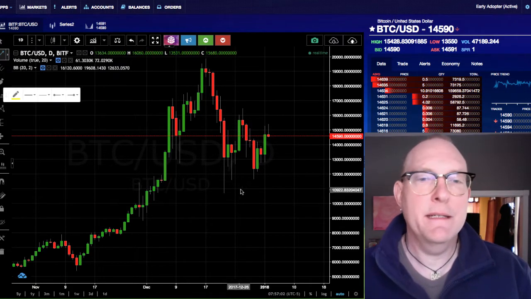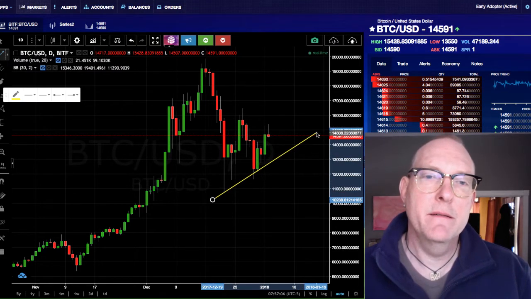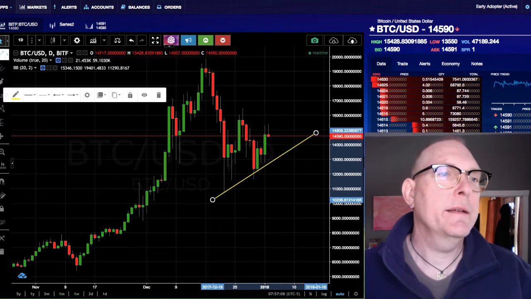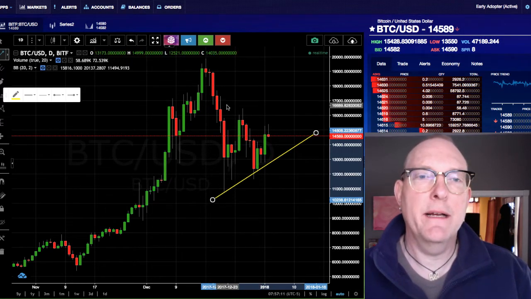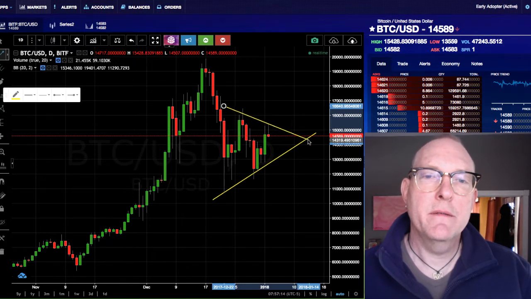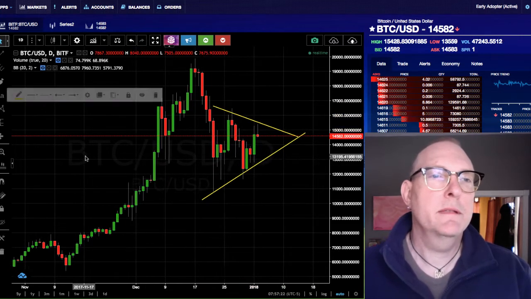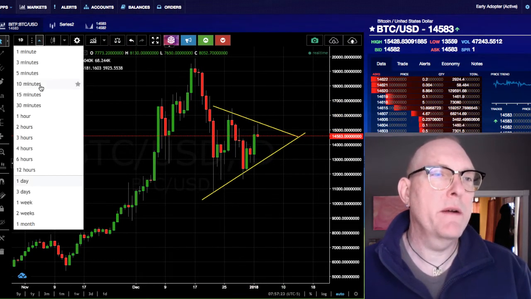I have a nice little line here, and okay, the bottoms are rising. And I can draw a little line here. Looks like the tops are a little bit lower. So what does that do? That makes a wedge. Okay, what do I do now? What now? And we can dial in, we can go to the 1 hour chart,